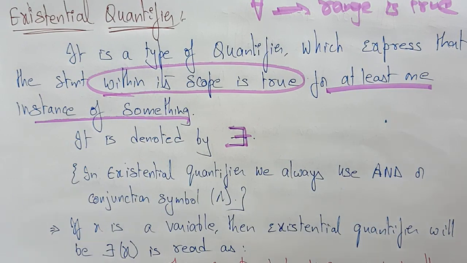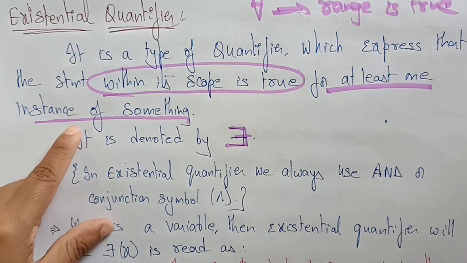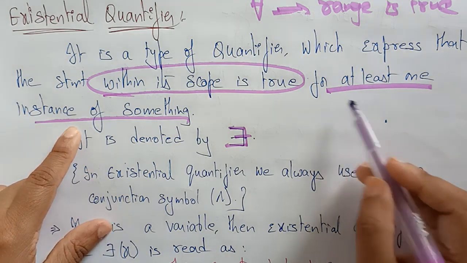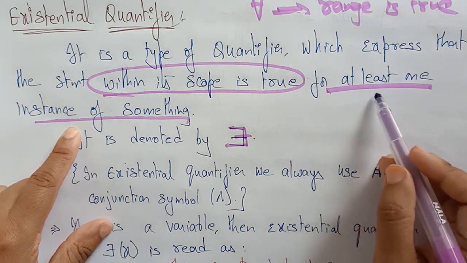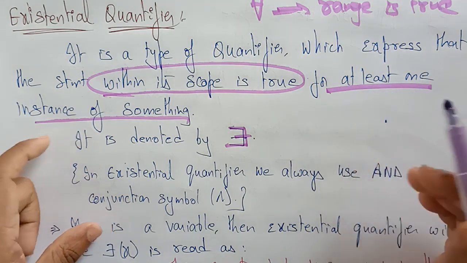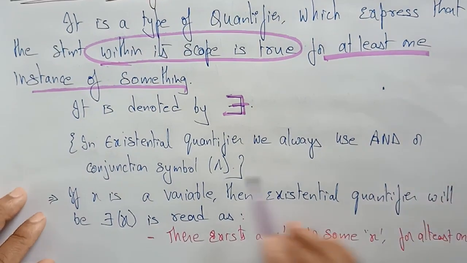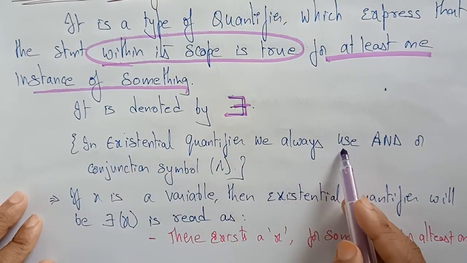When for all, for each, and for every type of statements come, you represent the variable with the universal quantifier. And the existential quantifier is used if the sentence says at least one instance of something. So in the existential quantifier we always use